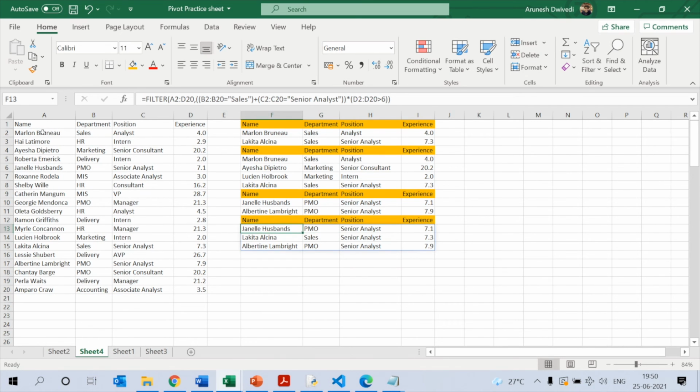So that's the filter function for you guys, and you can make it as complex as you want. It's a really wonderful function, especially if you don't want to alter your original data, and it will allow you to do a lot of analysis much quicker. I know you can apply the filter here, but this seems like a good initiative from Microsoft Excel to provide a functional equivalent of filter also, and you can make these conditions as complex as you want.